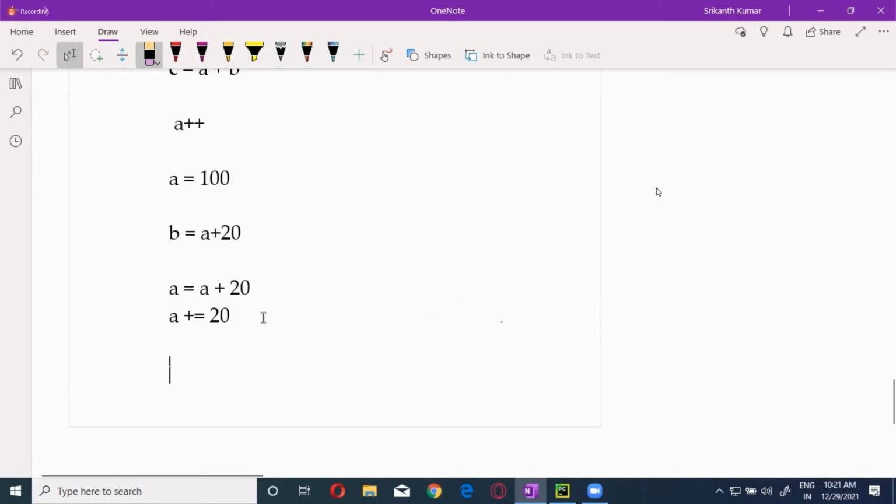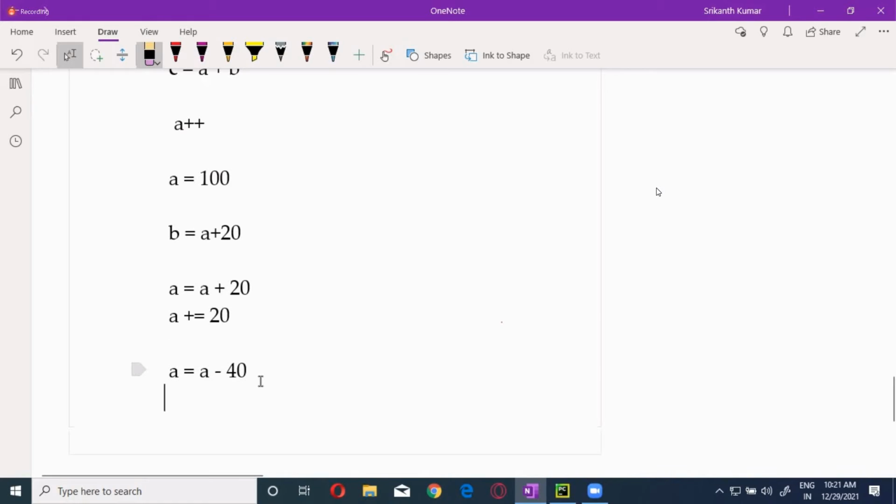If you want to subtract something from A and store it back into A, I will say A is equals to A minus 40. What is the value of A? With this value, 100, not this one, with this one. So 60 will become.